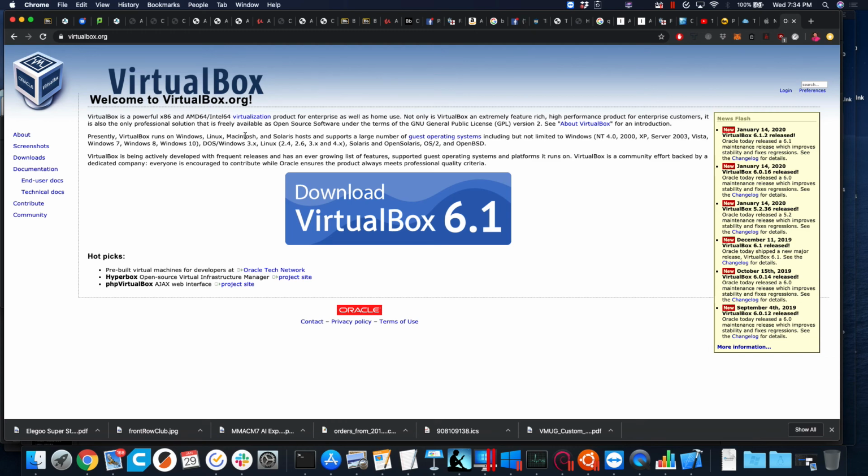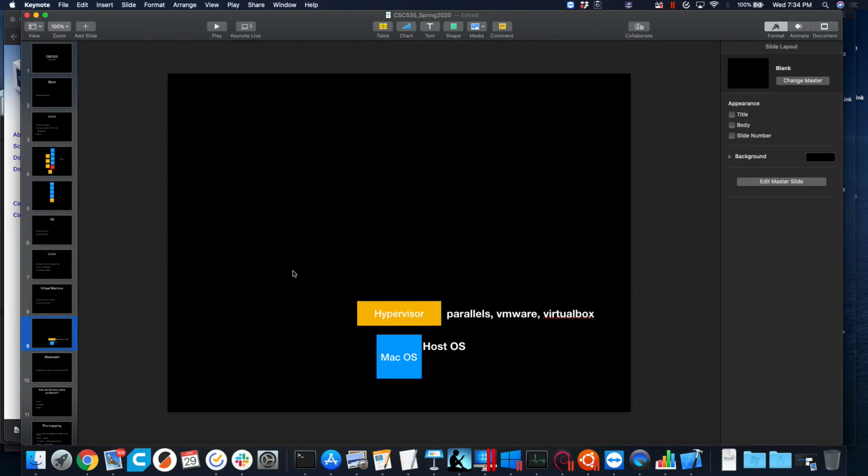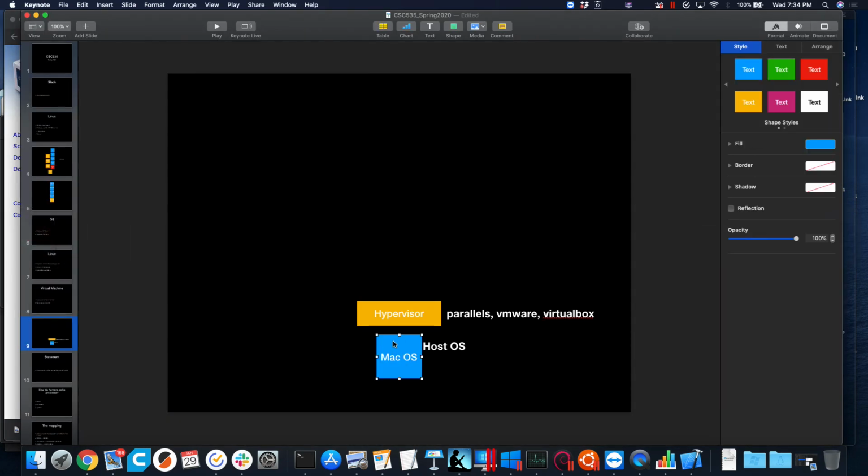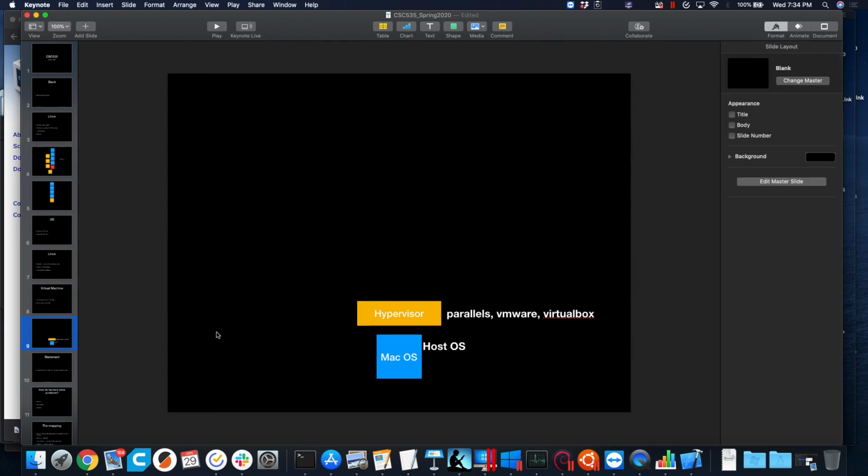And you're just running a simple, small Linux distribution. So the idea here is you have your host operating system, whatever your machine's natively running, you install a hypervisor, then you create virtual computers.